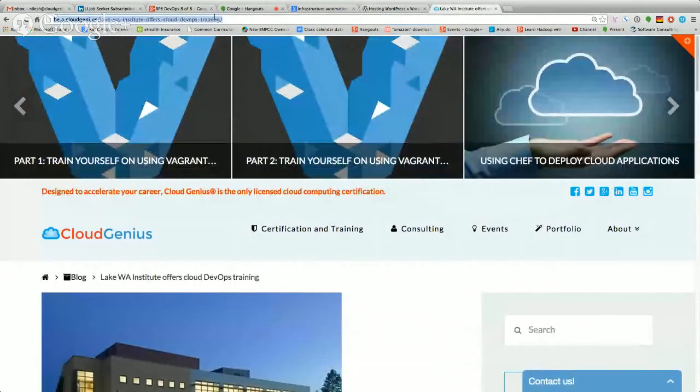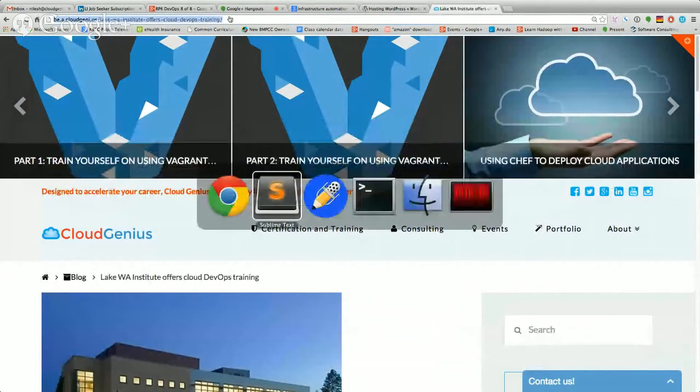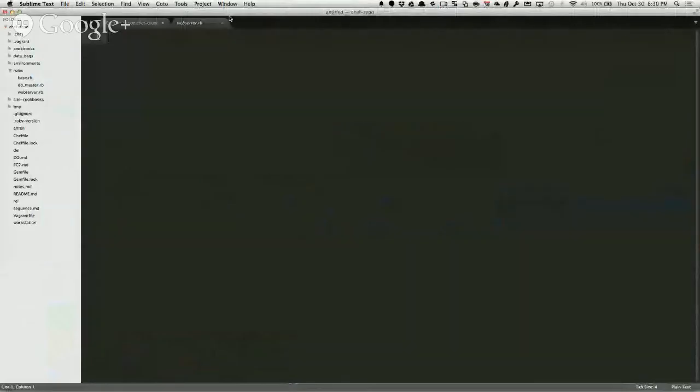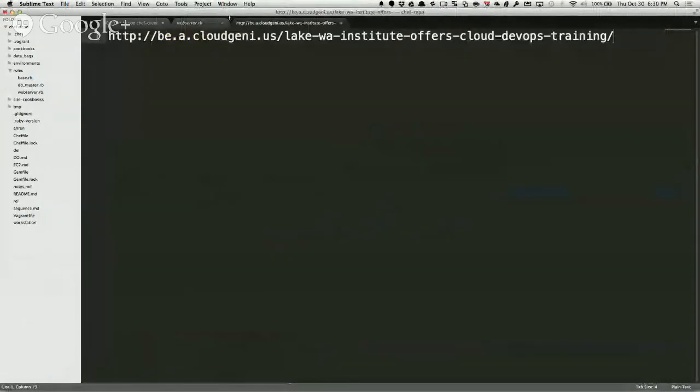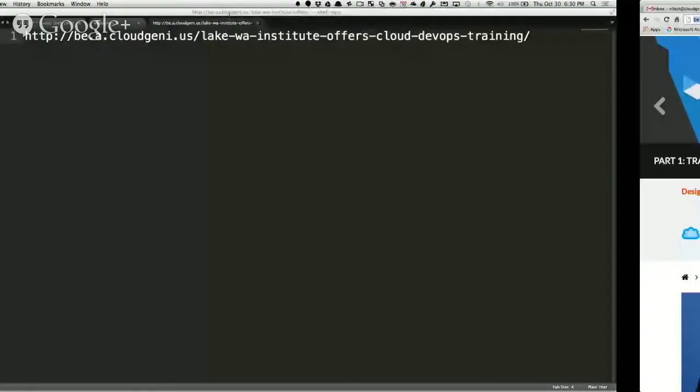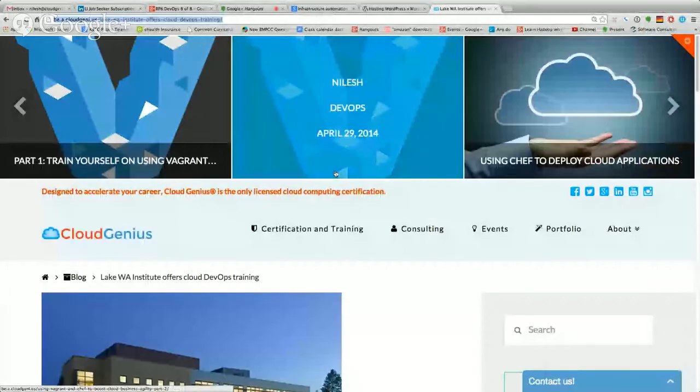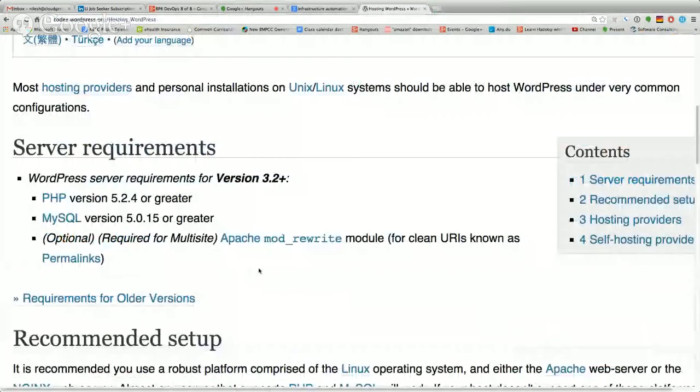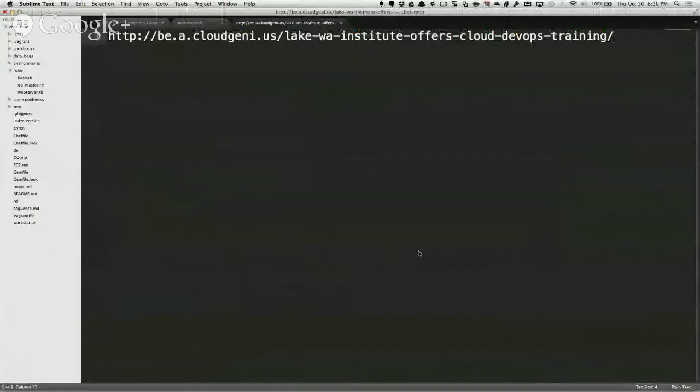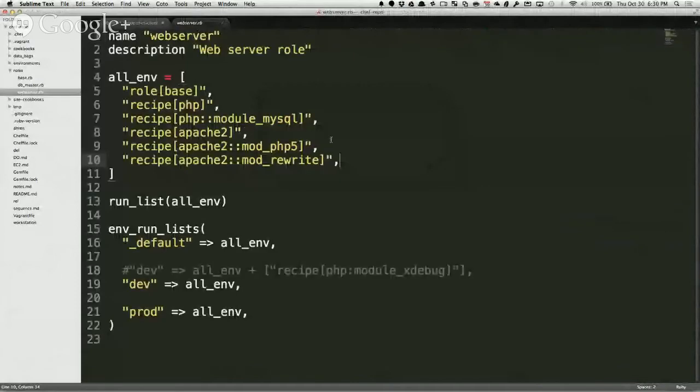It is clean. You know why it is called clean? It doesn't have the question marks, percentage signs, all that ugliness. That ugliness is gone because Apache has rewritten the URL itself. That's what this module does, is to create clean URI. And we are using that module in this segment in line number 10.